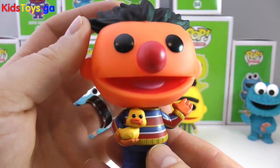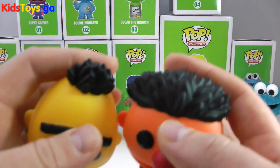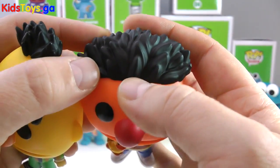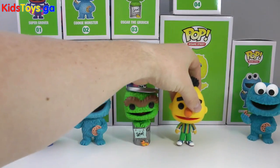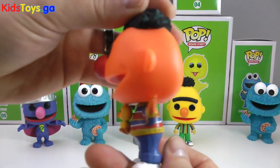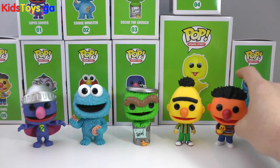So there is Ernie. I love how they did their hair. You can see they nailed it on designing their hair and painting it in. There's no spillage, there's no, you know, airbrush paint coming over the sides. It's just perfectly done. And again, incorporating that rubber duck is a very nice touch. So there is Ernie. And now let's get to the New York Comic Con